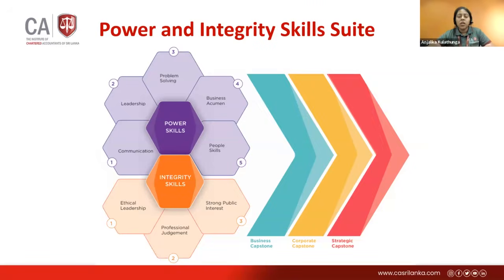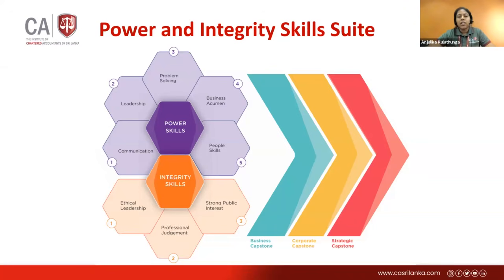So our expectation is to deliver this as a self-study skill suite. Self-study skill suite means students can study these skill modules as per their convenience. They can study these things with their own arrangement and own planning to complete this